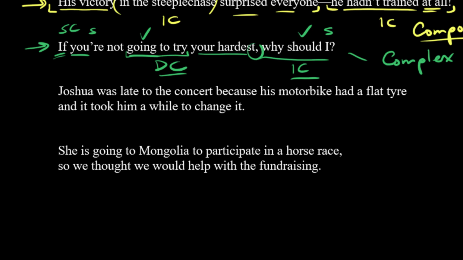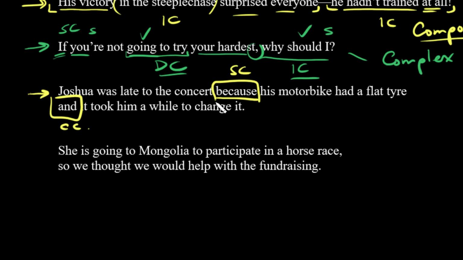And that brings us to the last couple here, and we'll first look at this one. Joshua was late to the concert because his motorbike had a flat tire, and it took him a while to change it. So first of all, if we look at the kind of major breaks in the sentence, we see that because is a subordinating conjunction, and is a coordinating conjunction, and that lets us figure out pretty quickly, if